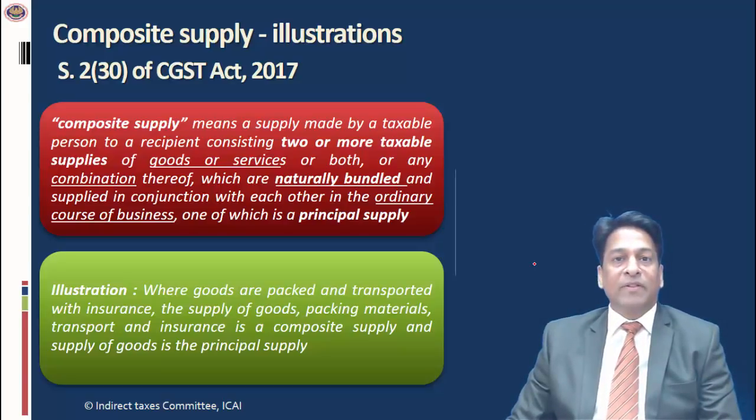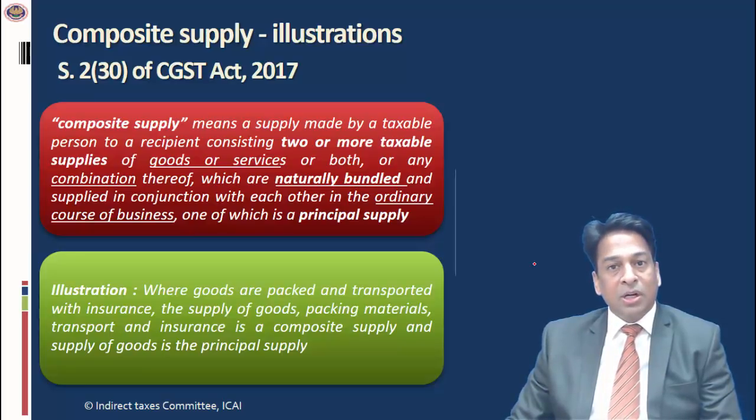Let's take an example so that we can understand. I'm supplying goods, and the goods are taxable at the rate of 28%. Whereas transportation of goods by road is taxable at 5%. But I'm recovering this amount from my customer, which in turn I'm paying to the GTA transporter. So 1 lakh rupees is the value for supply of goods and 5,000 rupees toward the transportation of goods. So if I'm charging 1 lakh